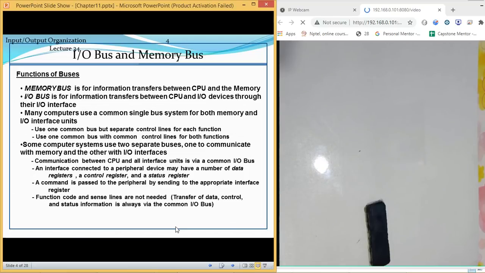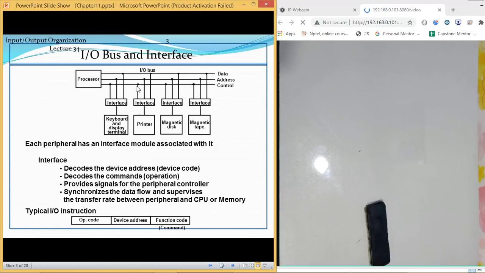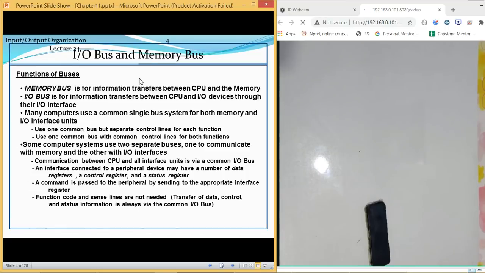Now, next is input output bus and memory bus. Now, what is the difference between input output bus and memory bus? So, we have discussed this thing. This is an input output bus, that all the input output devices are going to get connected with the input output bus. These are some of the factors that you need to remember. So all the transfers over your input output devices will be done with the help of input output buses, whereas all the transfers related to memory will be conducted on memory bus.